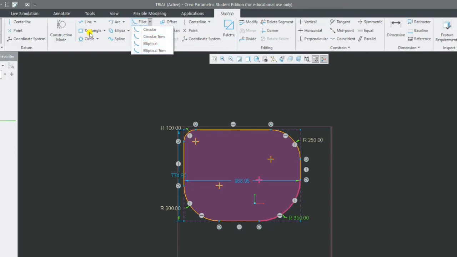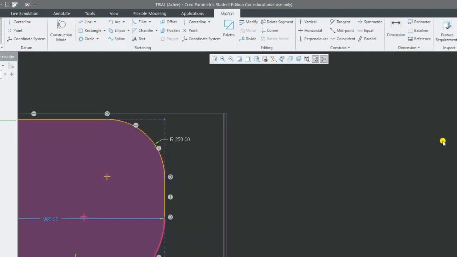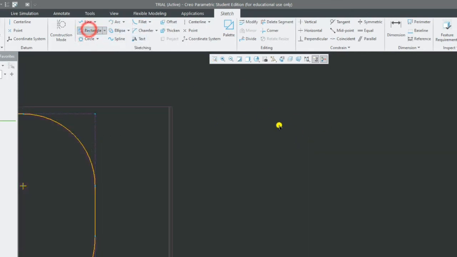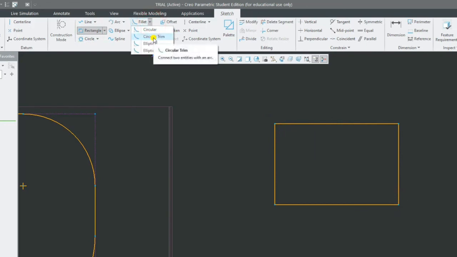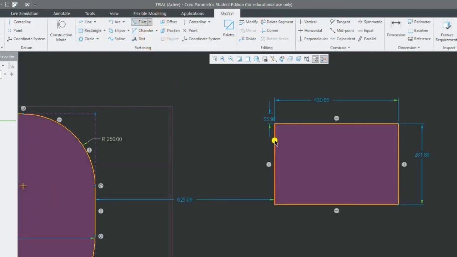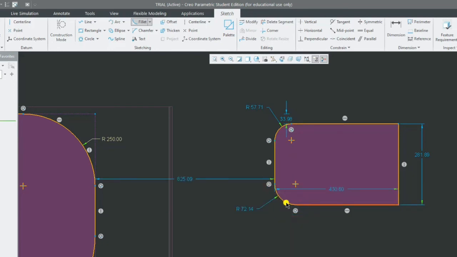For that, draw one more rectangle here and keep it. Then we go for fillet, circular trim. Select the first one, second one. So it comes as one more thing, and its offset is there. If you see, circular is a trimming part. So what is the trimming? The major difference is, if you see here, construction lines are there. Here we don't have them. It completely trims out.